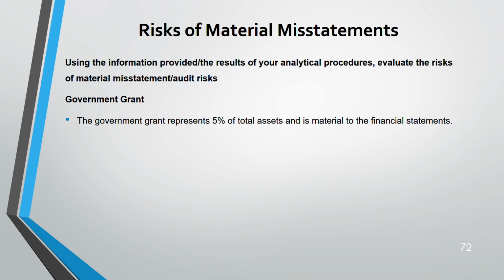Government grants. Let's say government grants represent 5% of total assets. This is material. If you go, remember I have presented you a quantitative threshold table to say whether this is material or not. If you take it by pre-tax profit or assets, I forgot, but yeah, one is profit, one is asset. So if you go by total assets, 5% is material, right? 1 to 2%, I think. So 5% is material.